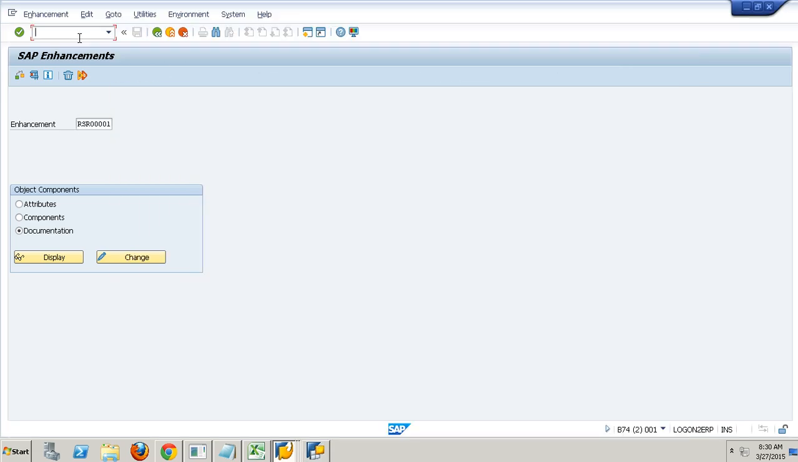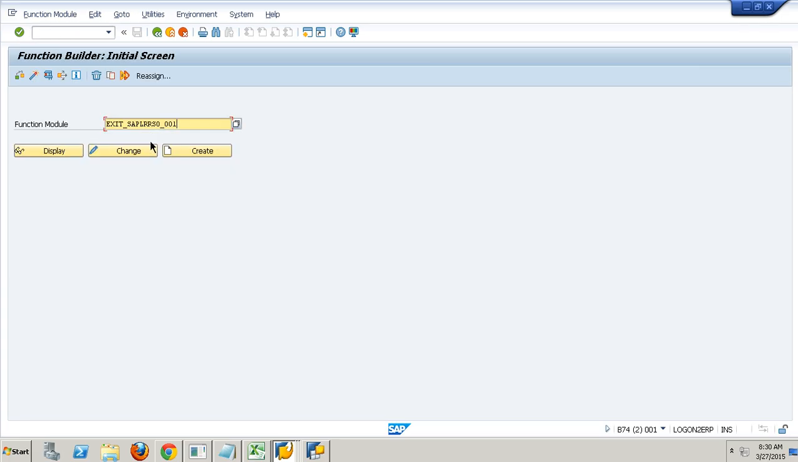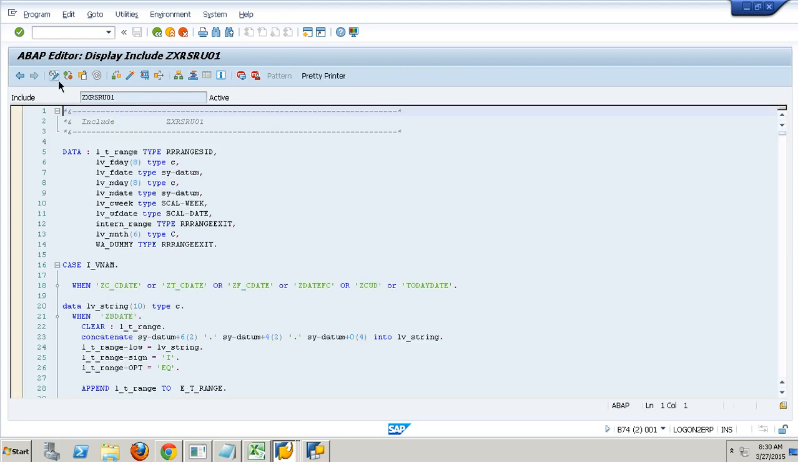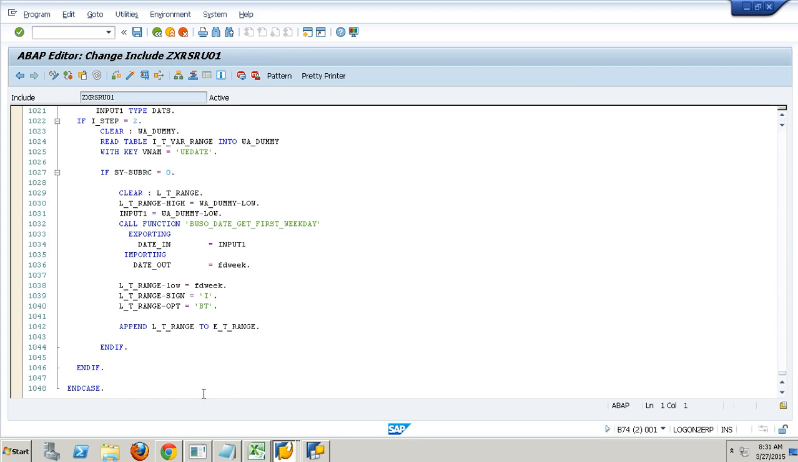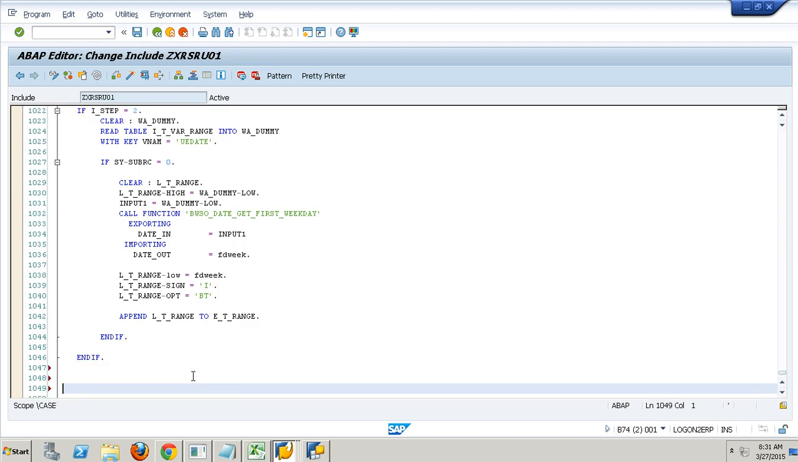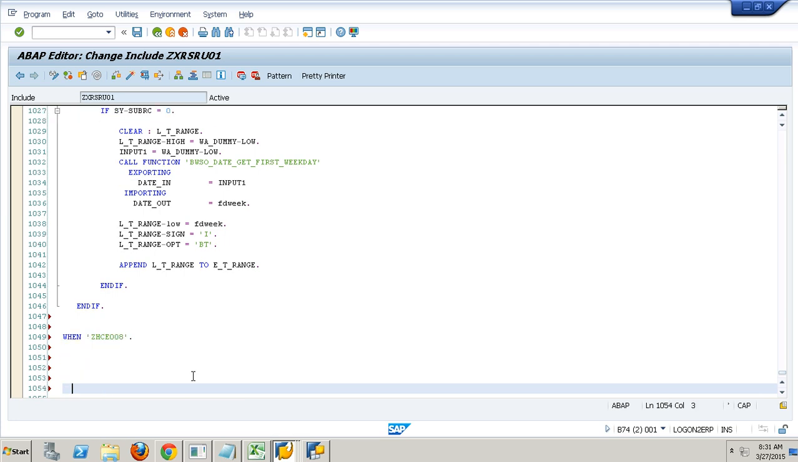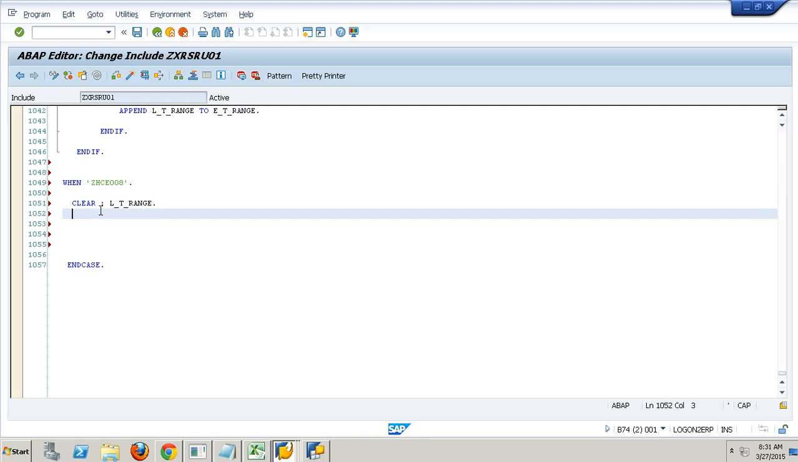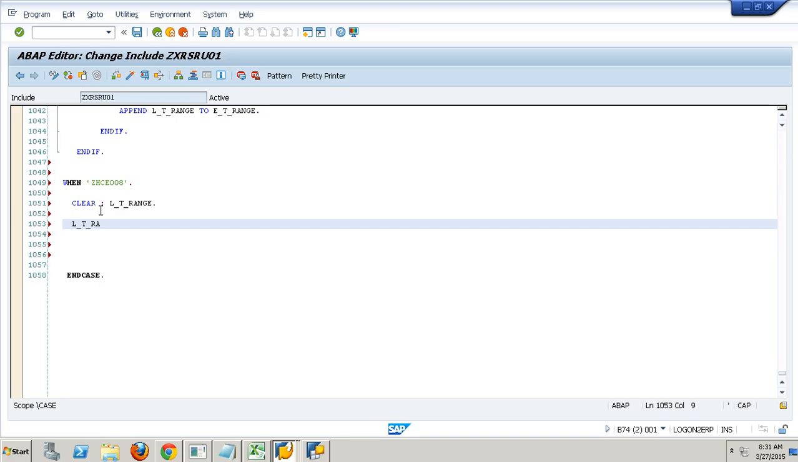Now should I go back and start implementing the logic? Where? CMOD. I'll go to function exit. I'll go and include a program. Then say what? Change, and I'll start writing my logic. When my variable name is, L underscore T underscore range,